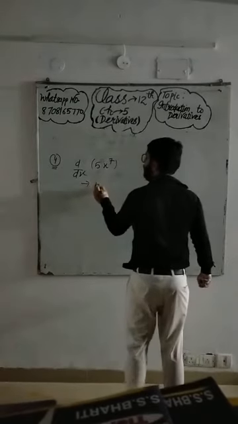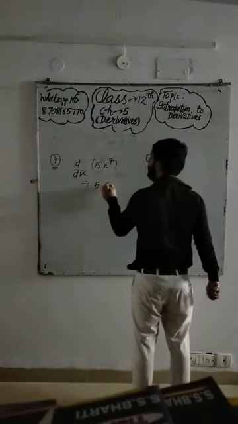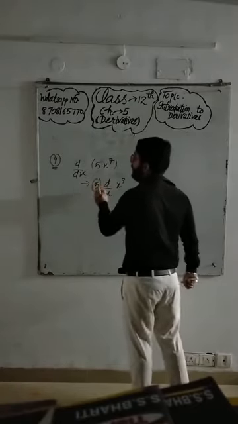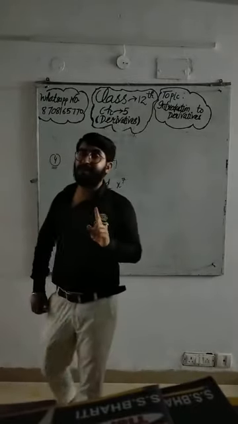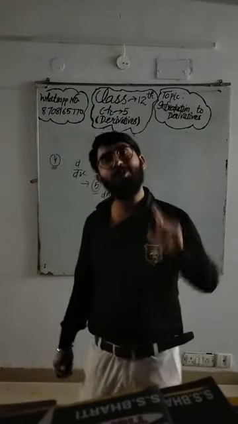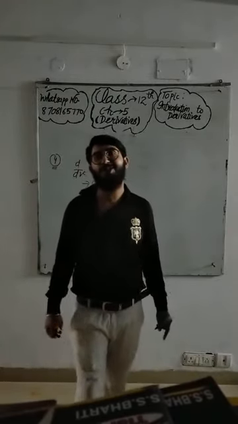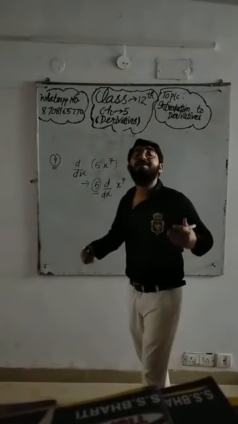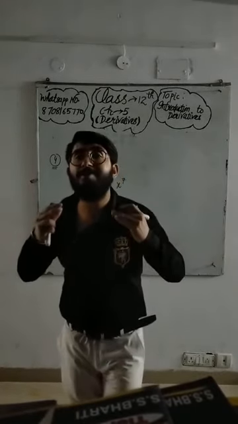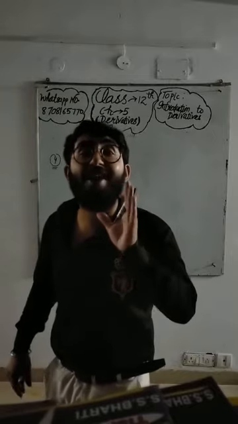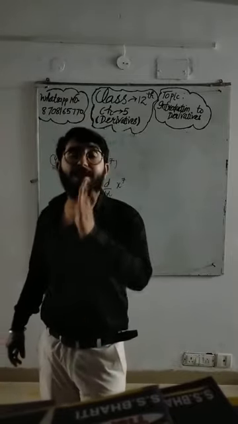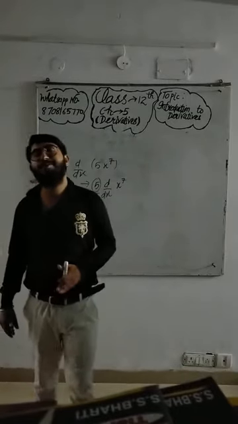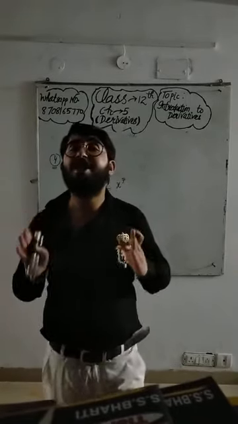Take the constant out and do the same we have learned: d/dx of x raised to the power 7, because it is not only a constant. If it was only a constant, the answer is surely 0, as you are thinking. But this is x raised to the power 7, and 5 times. It is x^7 plus x^7 plus x^7 plus x^7 plus x^7. So we want to differentiate it 5 times.